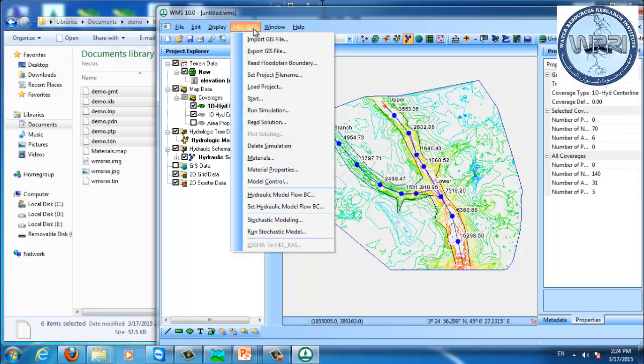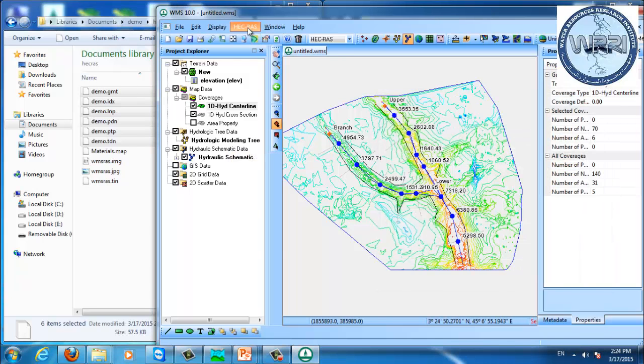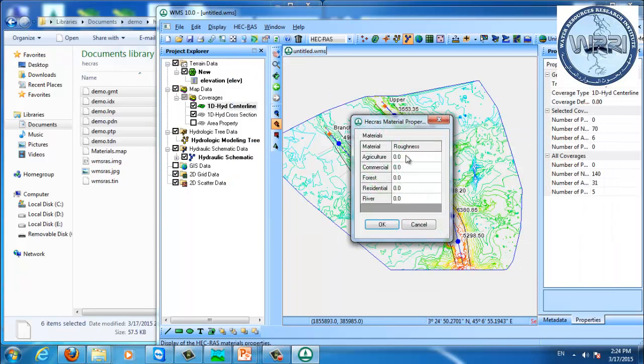The other thing I need to do is, for the different material types that I've defined, the different polygons, I need to define a Manning's roughness value. So I go to the HEC-RAS menu, select materials. Those are my materials. If I go to material properties, I can define a Manning's roughness value for each of these material types. So agriculture, let's say the Manning's roughness is